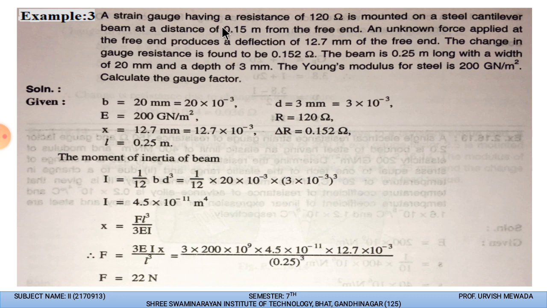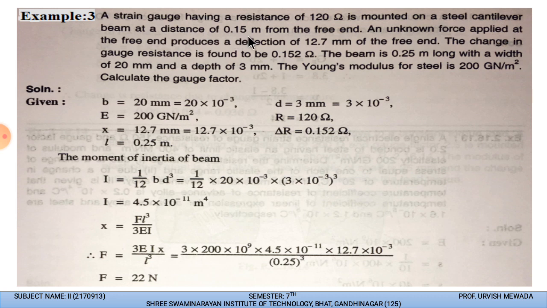A strain gauge having a resistance of 120 ohm. So strain gauge resistance R is 120 ohm, and it is mounted on the steel cantilever. Cantilever means, assume that we have one pole fixed on the surface vertically, and on the top of the pole we have connected one horizontal gauge, having two ends. The first end is fixed on the pole, and the second one is floating in the air. Assume that structure. So steel cantilever beam at a distance of